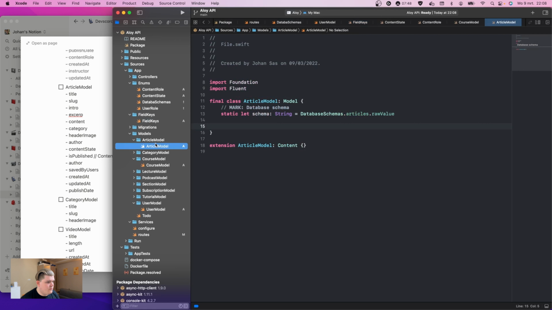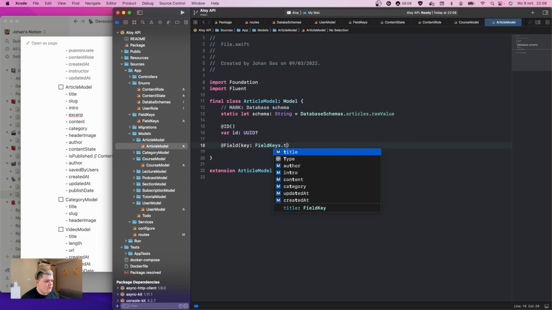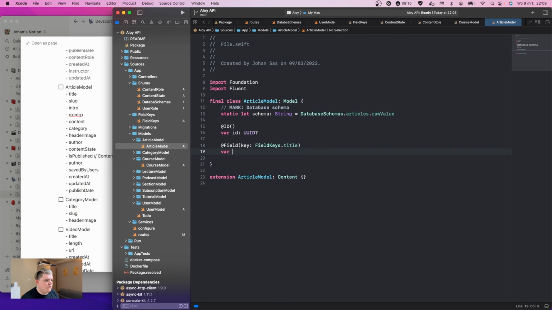Let's go back to article model, and inside the article model we're gonna do at ID. Var ID is equal to UUID, optional. Add field. It's going to be key, and this is going to be field keys dot first, we're going to do title. Var title is equal to string,